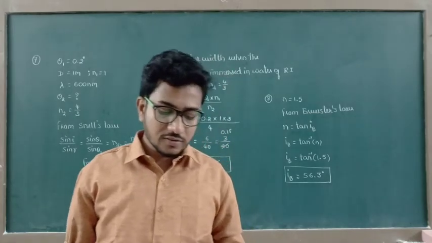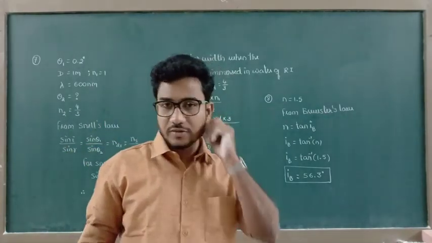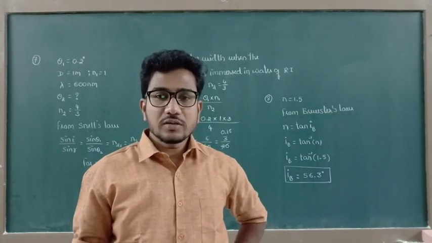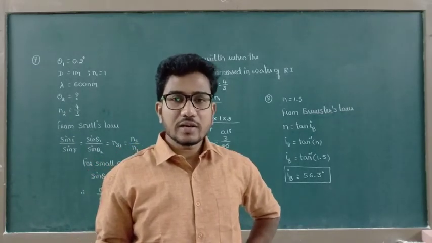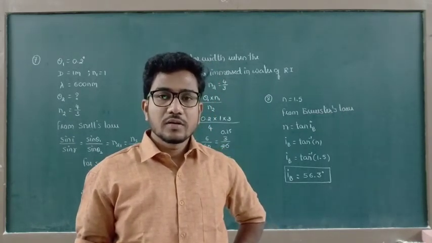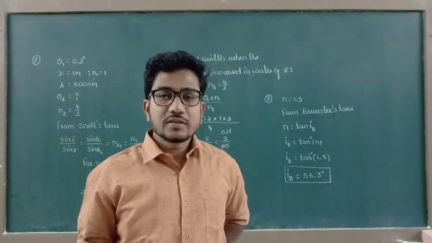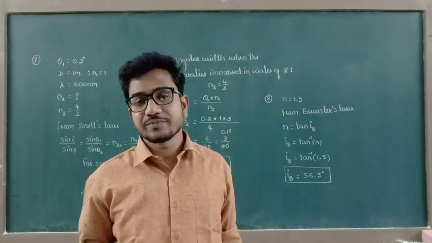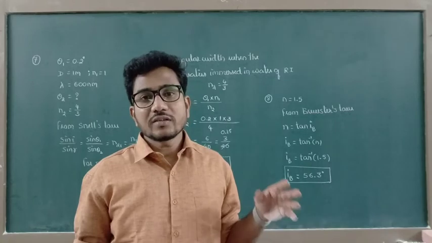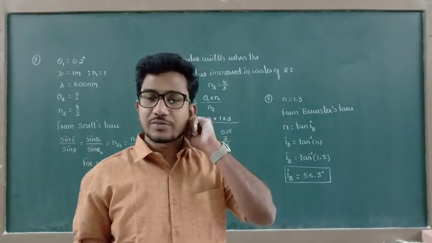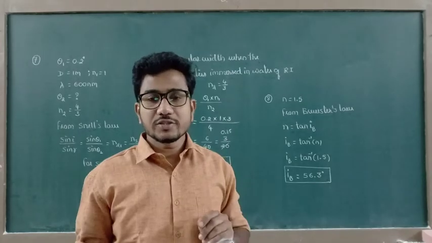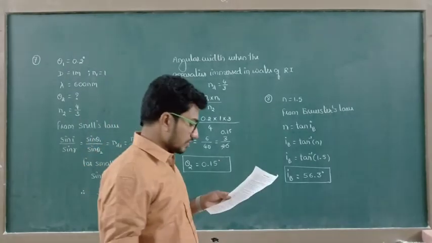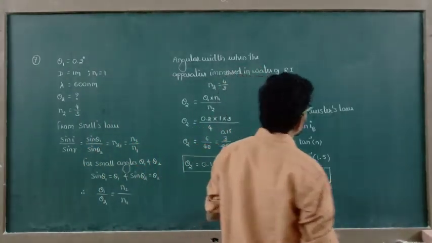So to solve this one, for a good approximation of ray optics, the Fresnel distance is equal to a square divided by lambda. In this case, diffraction effect can be neglected. That means ray optics is valid. Or when d is very less than Fresnel distance, in that case also ray optics is valid. So here, for the good approximation of ray optics, ninth one,